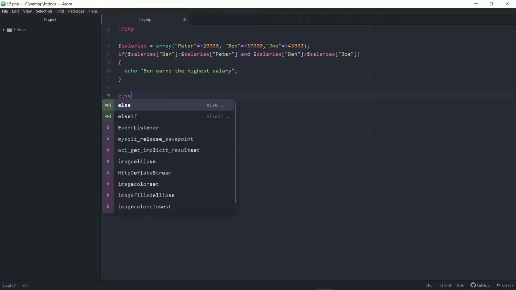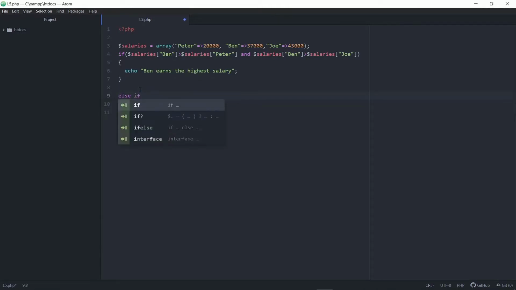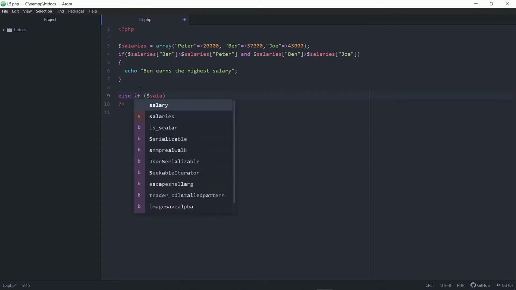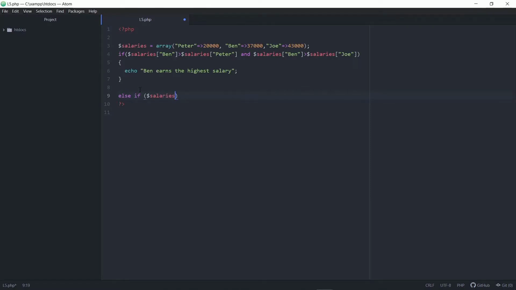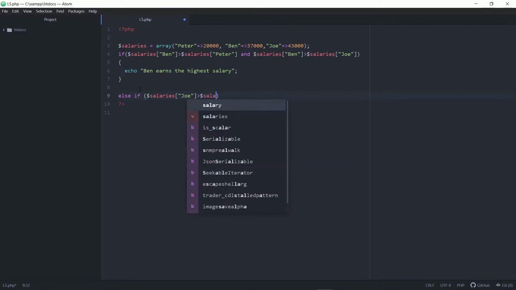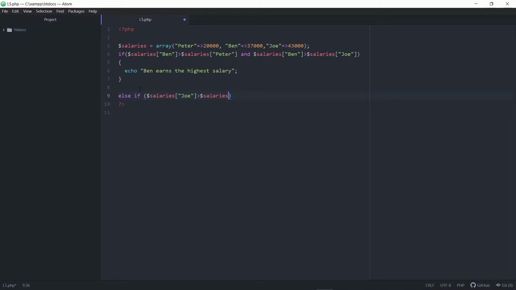So I'll say else if salaries for Joe is, let's just get this correct, Joe is greater than the salary of Peter, and because I'm using an operator here,